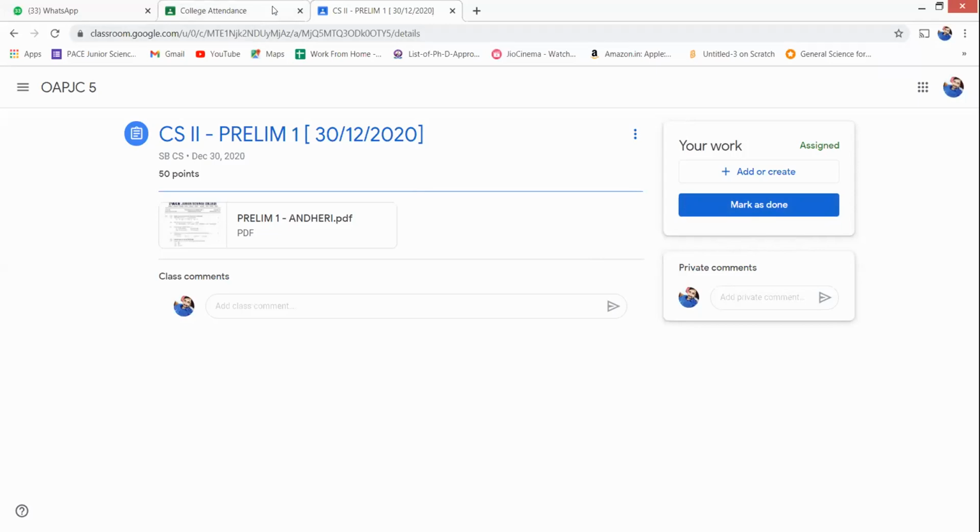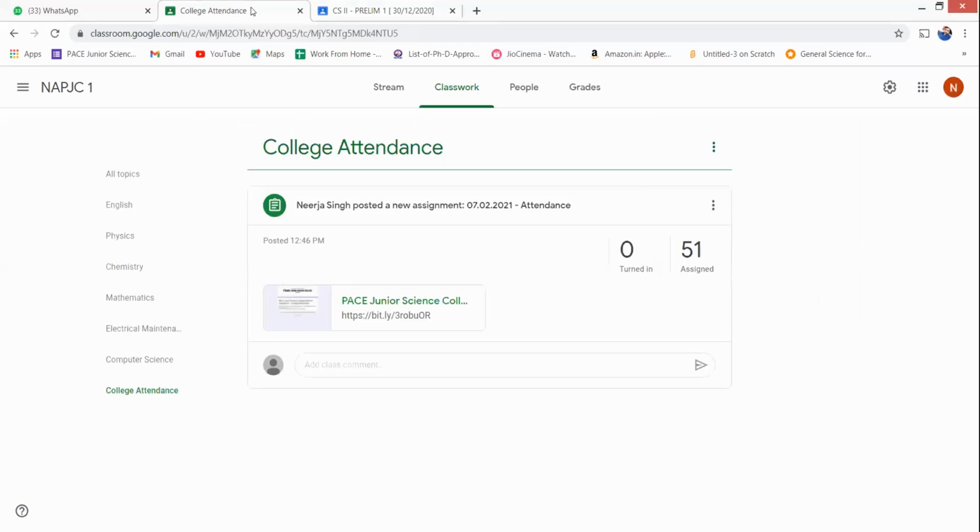After the correction, the teacher will correct the paper, put the marks accordingly, and return the paper. When she returns the paper, again you will get an update, a message or email saying that the teacher has returned your paper and the marks you got. So everything will be updated to you. Fine. And about the exam, all the instructions will be given in the group as well as in the Google Classroom, so you don't have to worry.